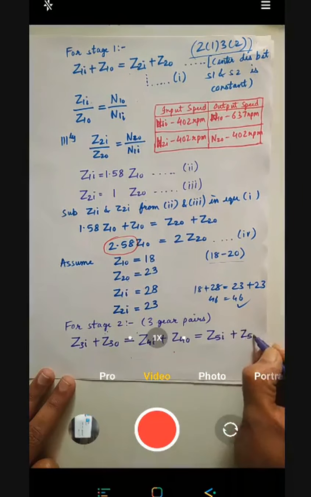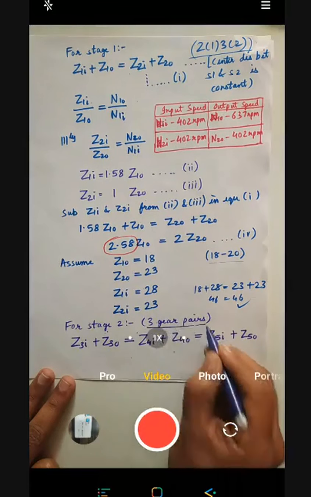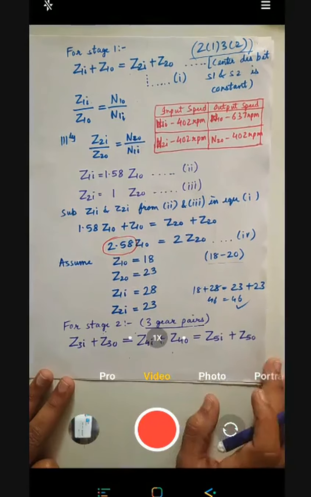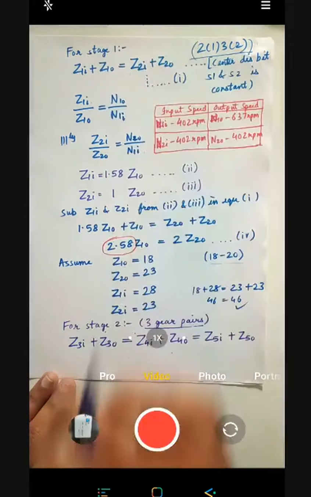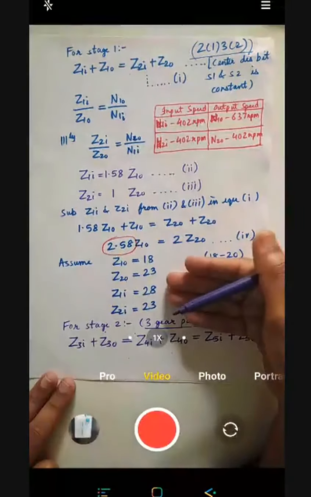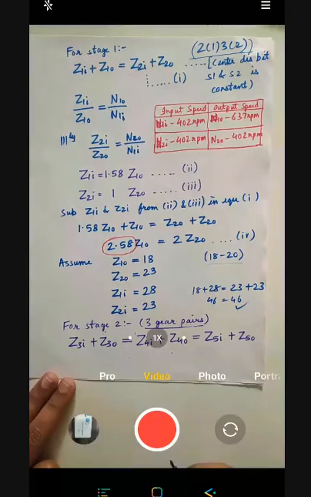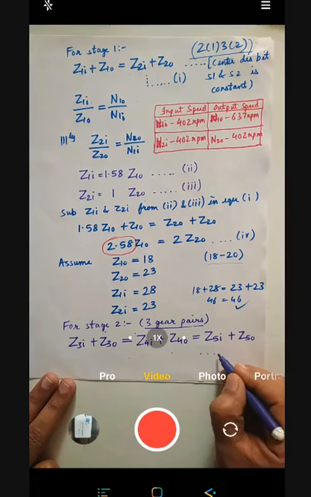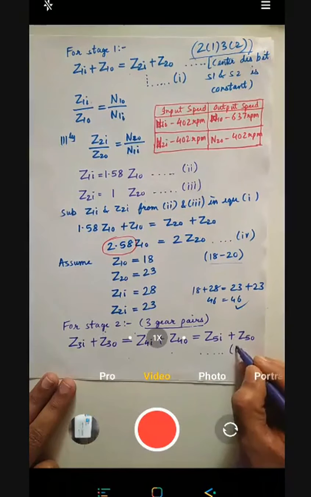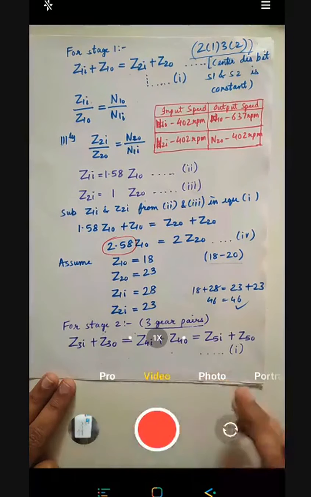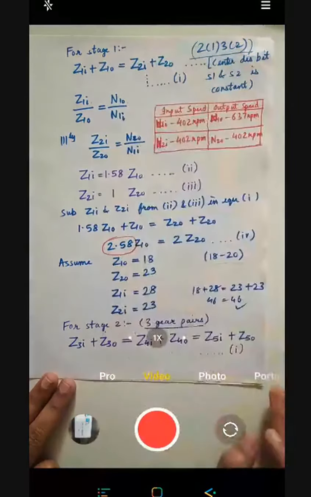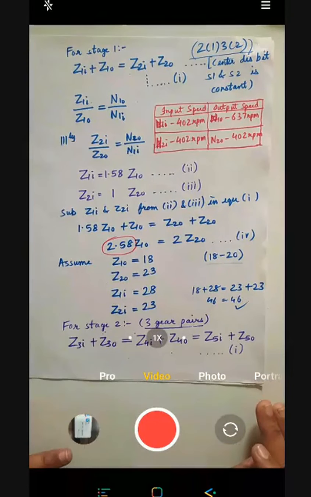Yes. Since there are three pairs, see I have written three gear pairs. यहाँ पर तीन आ जाएंगे, यहाँ पर दो gear pair थे इसलिए दो ही आ गए आपके. तो चार gear के values number of teeth हमको मिल चुके हैं, अभी 6 के निकालना है हमको. Total we have 10. So this is your equation number 1 now. For stage 2 we are talking. ये हो गया, इसके सारे equations हो गए हमारे यूज करके. अब equation number 1 इसको लिख दिए हमने.